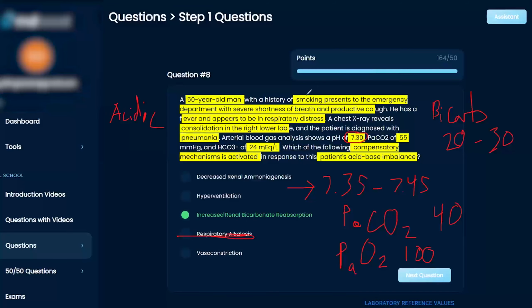From a clinical standpoint, he's a smoker, so he has COPD, 100%. Now he's in respiratory distress, coughing a lot, and he has pneumonia on top of his COPD. So he's just not breathing well, from his COPD and his pneumonia. He's retaining CO2, which makes sense here. His PaCO2 is very high, greater than 40, meaning he has respiratory acidosis. So the only way your body can compensate is the reverse, which is metabolic alkalosis. So C has to be your answer.